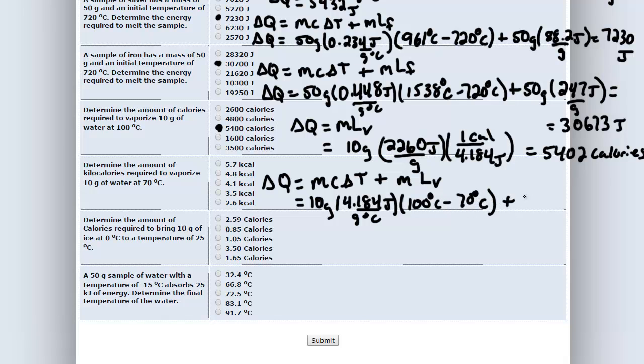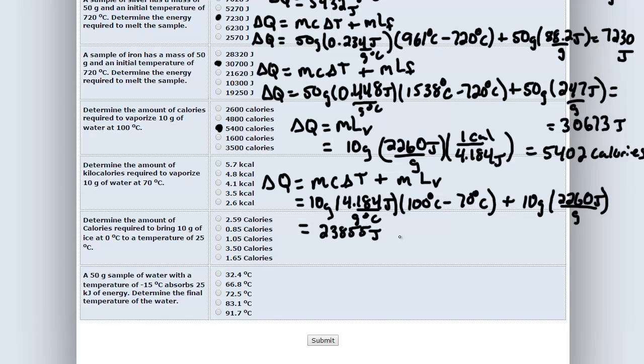Then we have to add in the vaporization component, so that's 10 grams multiplied by the heat of vaporization of water, which is 2260 joules per gram. All right, so that's a lot of stuff. Let's go ahead and calculate that. We have 10 times 4.184, multiply that by 30, and then we add 10 times 2260. And that's going to give us 23,855